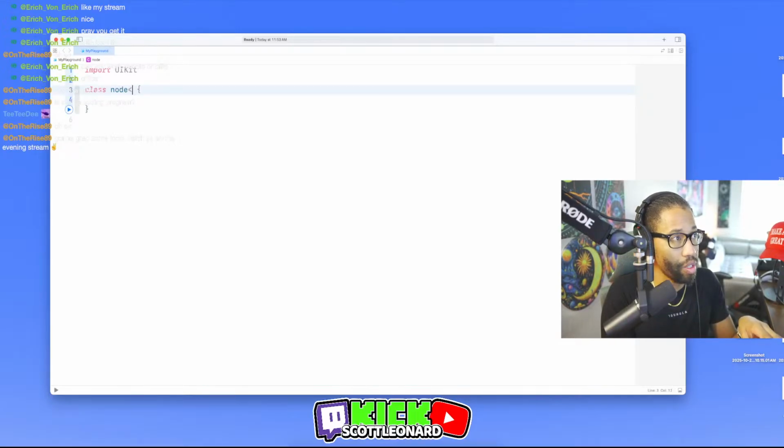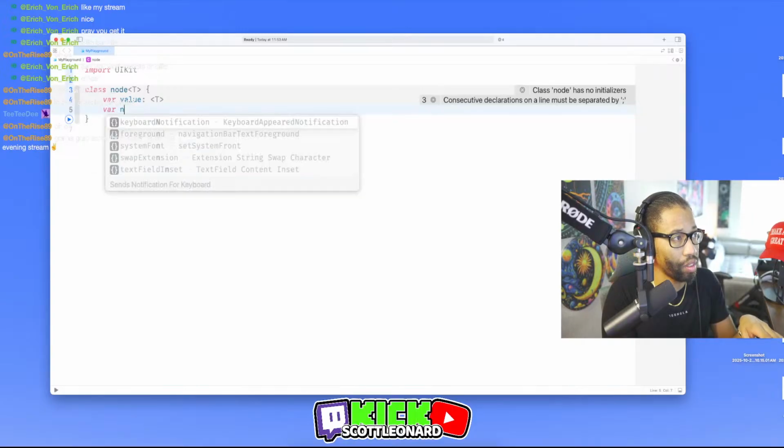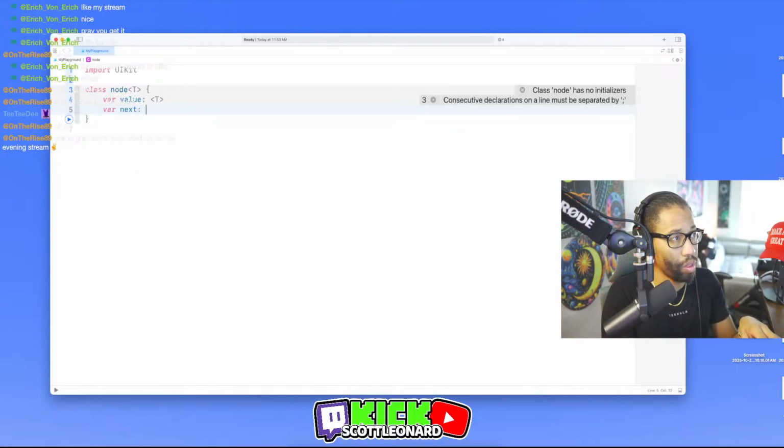And you can use generics like how they were using. The var node, var value equals the var next equals node optional.